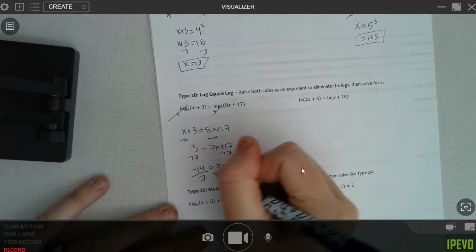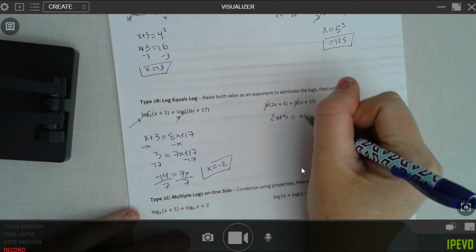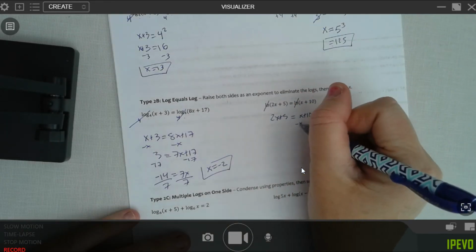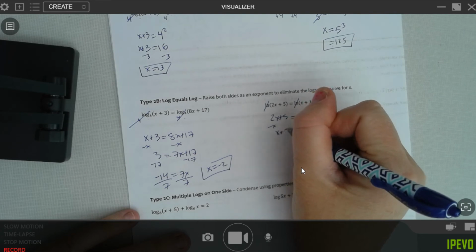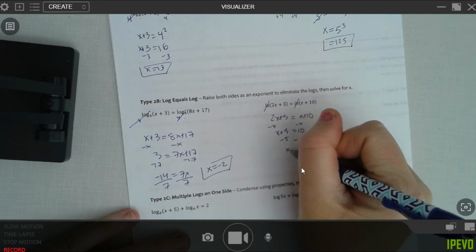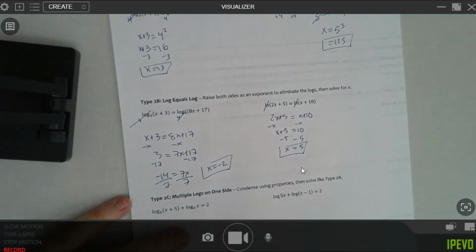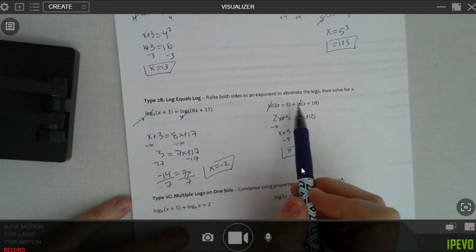All right, here, both of them are ln's. You could raise both sides to the power of e. So I'm solving 2x plus 5 equals x plus 10. So subtract over my x. Subtract over my 5. And x equals 5 here. All right, so this is because both sides have a log on them, or natural log on them, is why